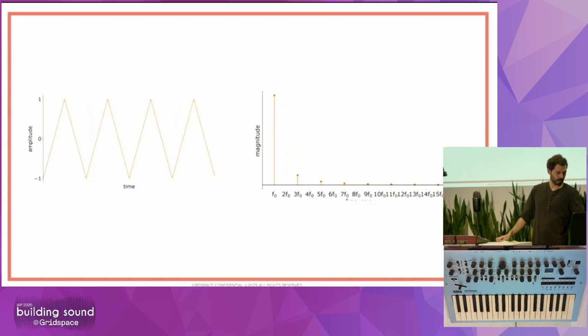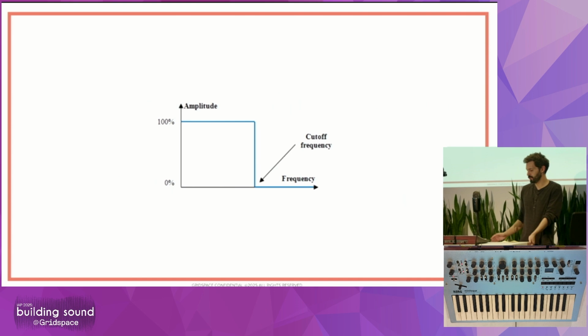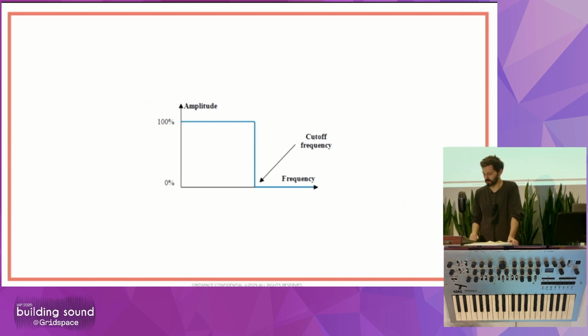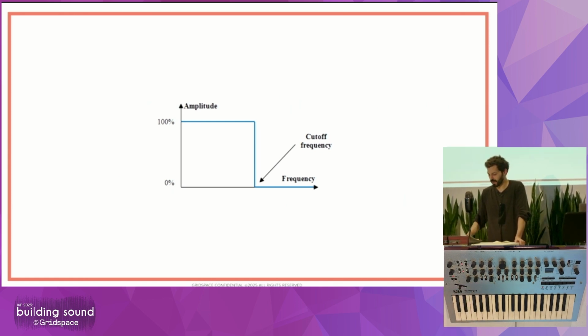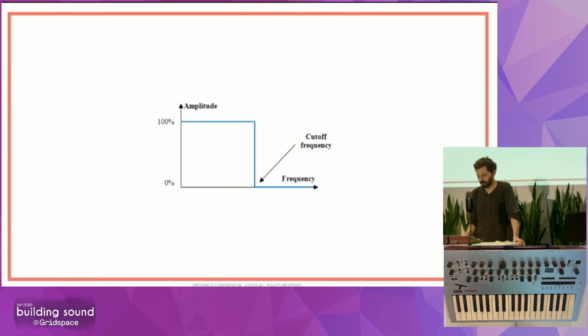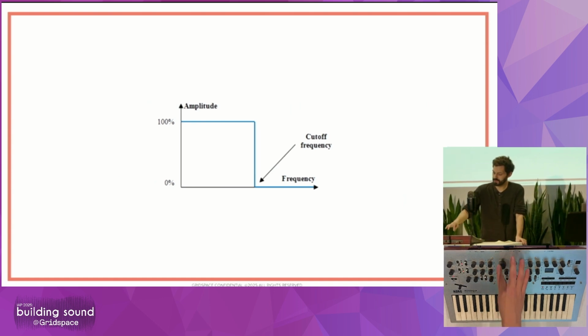Okay, so that's kind of an overview of the core of subtractive synthesis. All of this stuff was really just generating a sound with lots of harmonics that are roughly musical, that sort of mimic how instruments work. And then the next step in the instrument is the filter. And so this is a